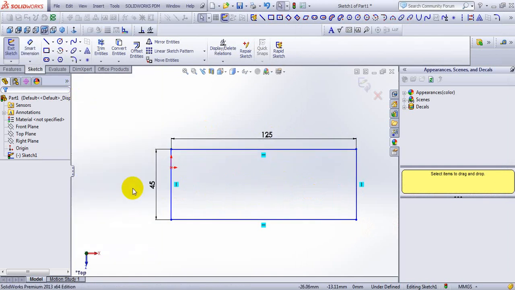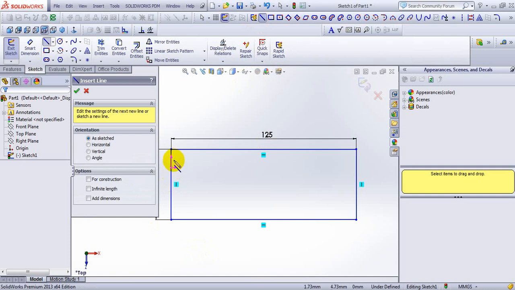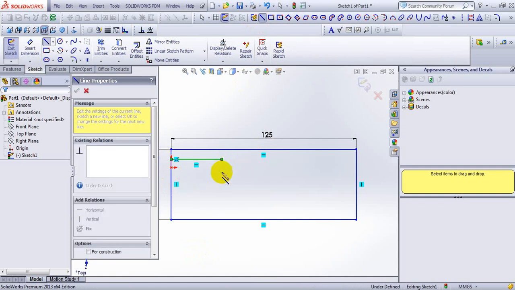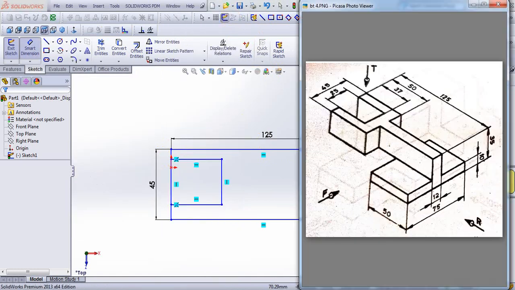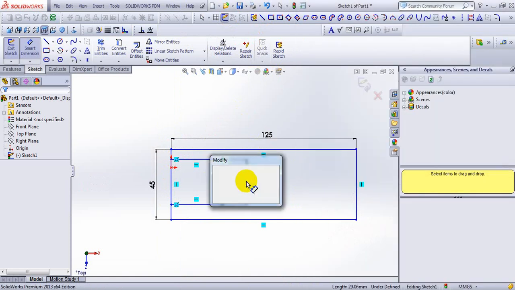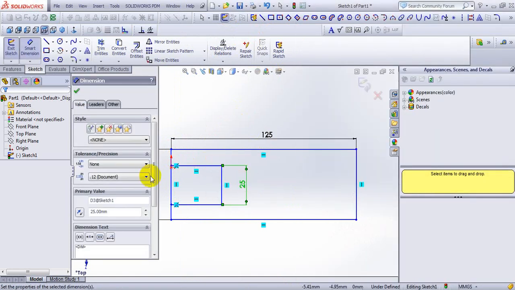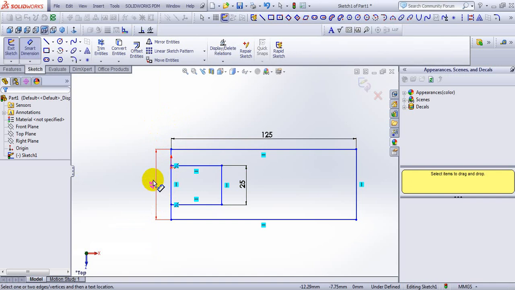Next, take the line command. Draw one rough sketch this way. Make dimension. It is 25 mm. This is 45.